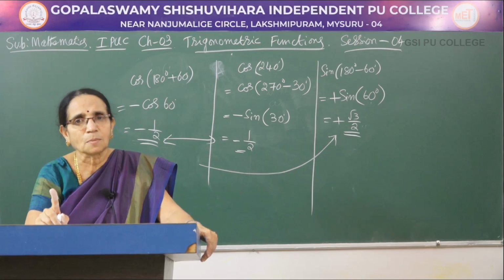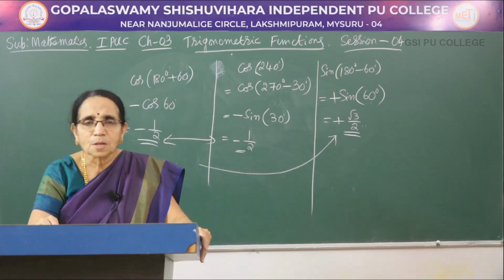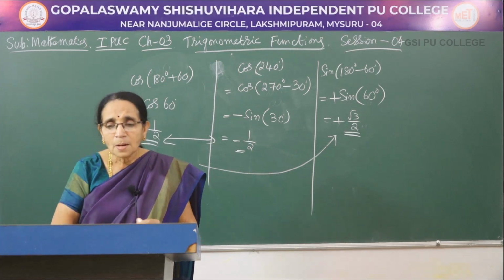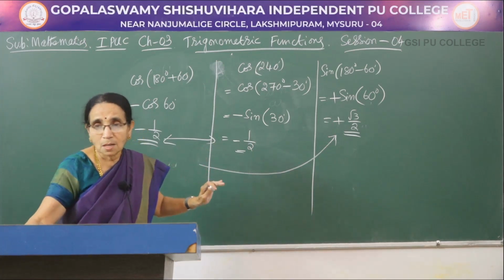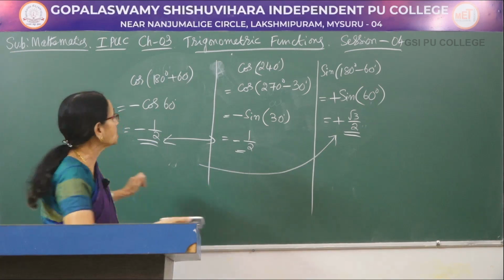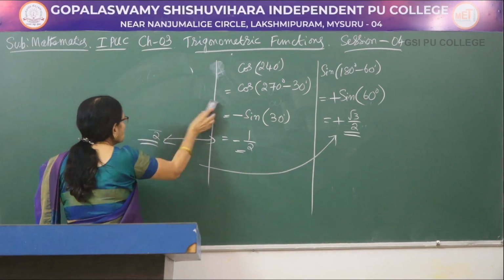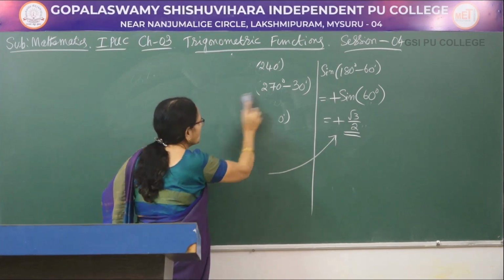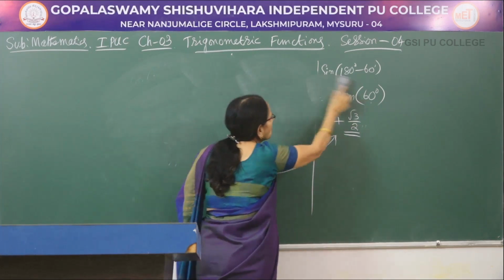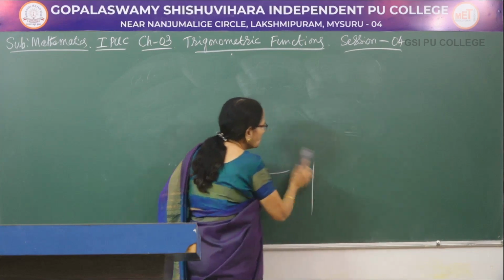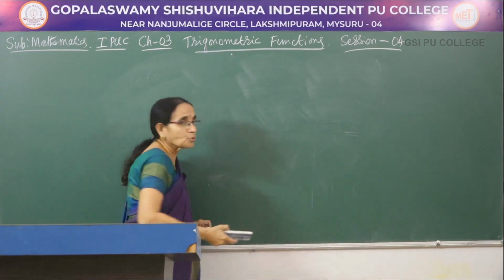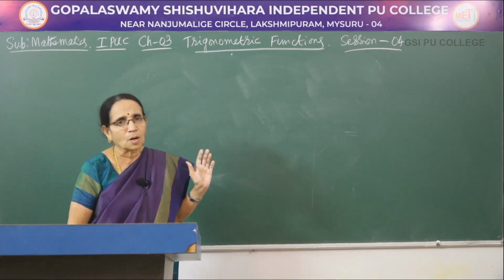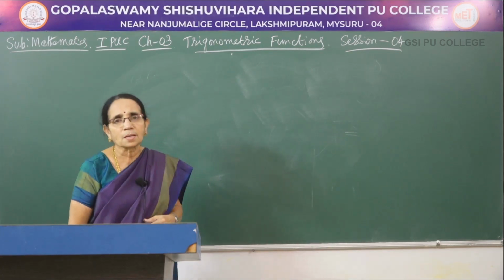That is one thing you have to remember. In the second rule, the same trigonometric function would remain there. So you have seen that in both ways we get the same answer. Now, the next question is, in these examples I took angles lying in the first four quadrants only. 120 was lying in the second quadrant and 240 was lying in the third quadrant.